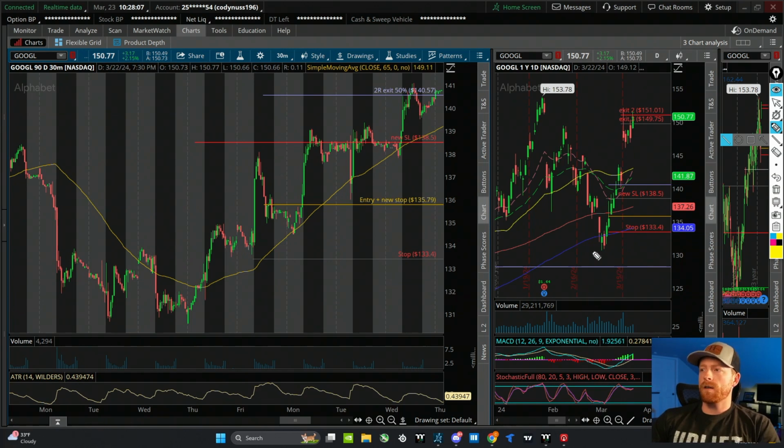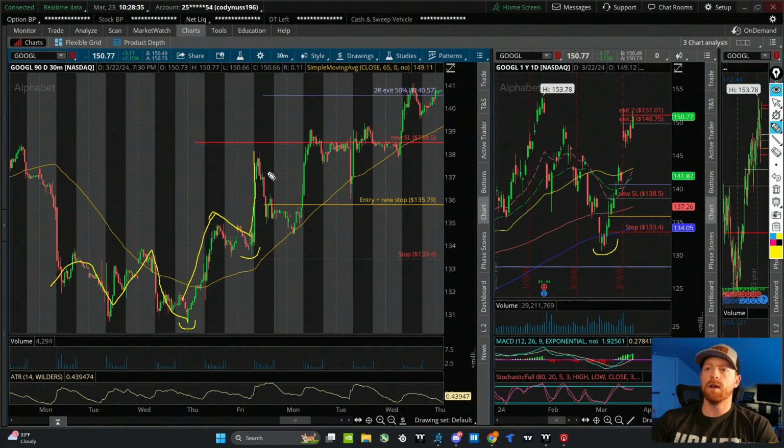Okay, so now we're down to the 200 moving average, which is my next level of interest, and I want to pay attention to see how price reacts there. Now, if we look at the 30-minute, you can see that price started stalling out a little bit and came down and made a bottom right here. Now, we don't know that's the bottom yet until we see a higher high and a higher low. So price comes up, makes that higher high, higher low, higher high,